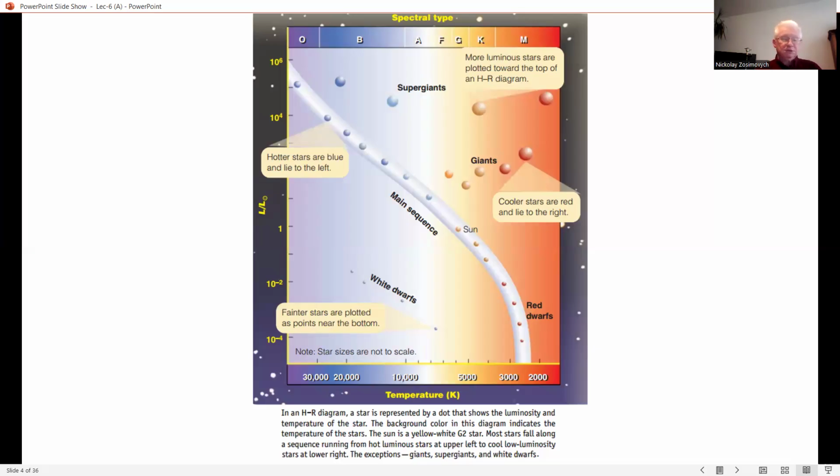And notice in the HR diagram that some cool stars lie above the main sequence. Although they are cool, they are luminous. Cool stars have very little surface area from which to radiate, and that limits them to low